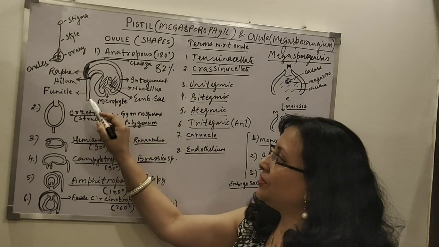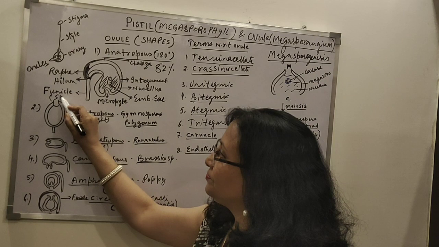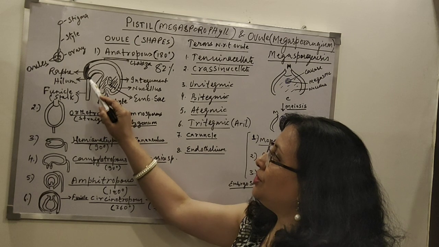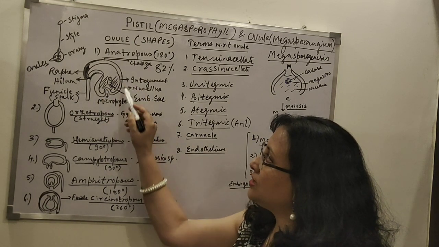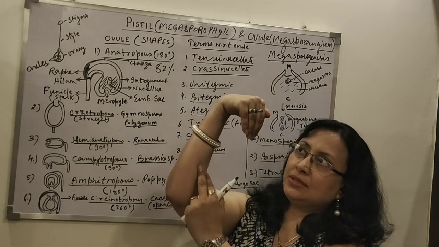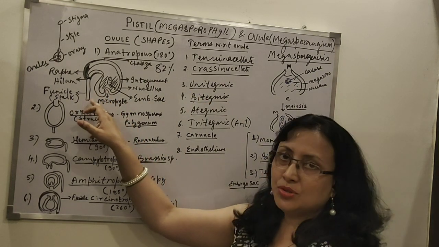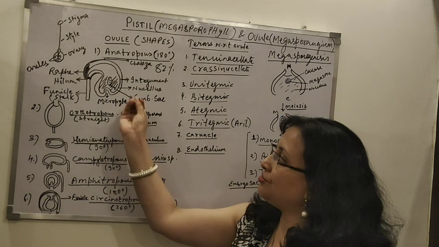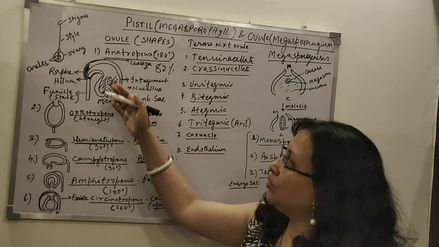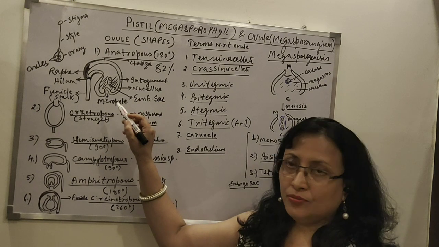As you can see, there is a funicle, which is basically the stalk of the ovule. And with respect to the funicle, this ovule is turned 180 degrees. Like this is the funicle, and the ovule has turned like this. So this part is now the micropyle, and that is very close to the funicle. The micropyle is the entry point from where the pollen tube can enter, that is the opening of the ovule basically, and opposite to the micropyle is the chalaza. So these are the two ends of the ovule.